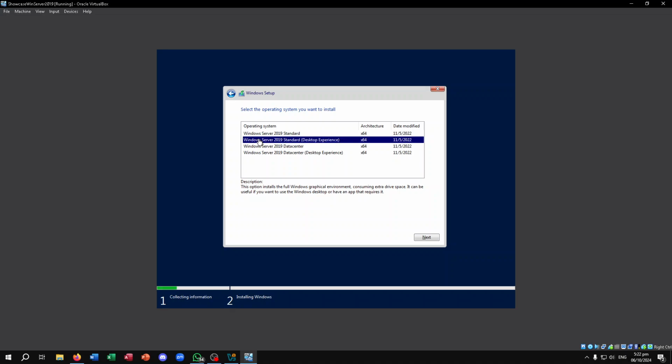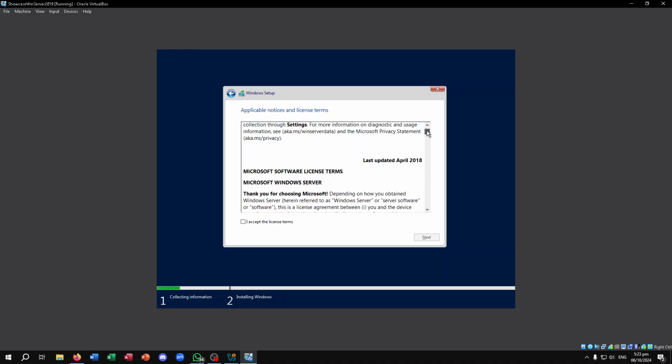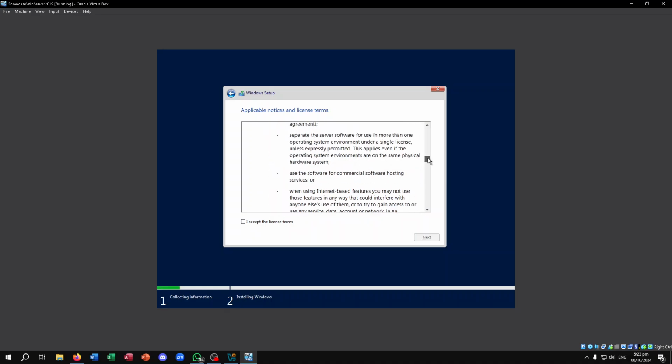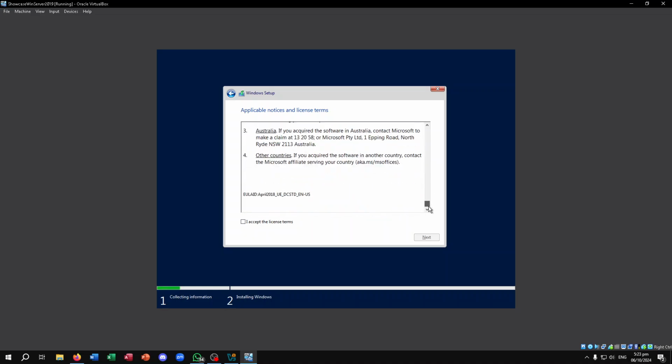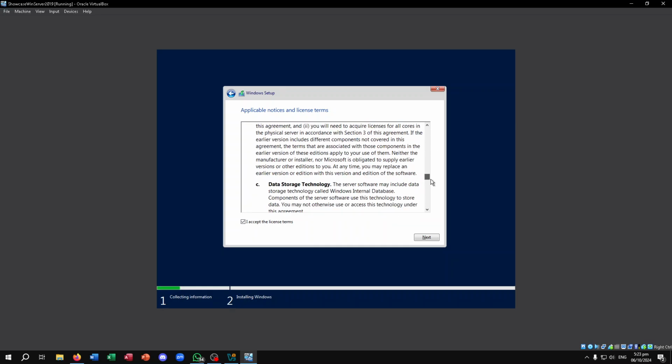So yeah, looks like we have Windows Server 2019. Make sure the desktop experience is selected. Right, of course we want the standard version. We're gonna click next here. And yeah, so we of course want to read and make sure we understand the terms and licenses that Microsoft has. We of course want to sign away our souls to Microsoft because that's exactly what we are made to do. When you're comfortable and you read these terms and you sell your soul to Microsoft, of course you can